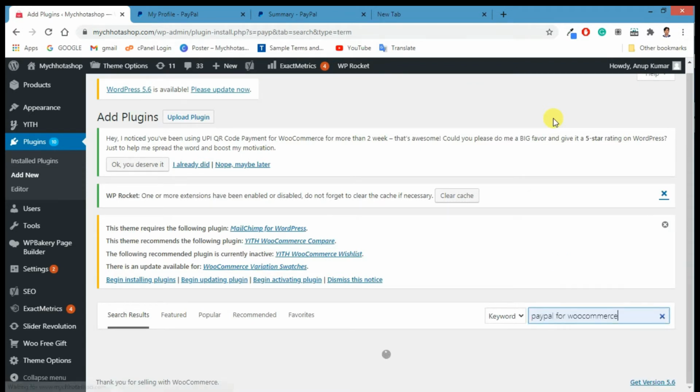Just search for this, and then I will tell you which plugin you have to select, because I have tested a lot of plugins and finally I found a few, and one of them I am going to show which is actually working for you.